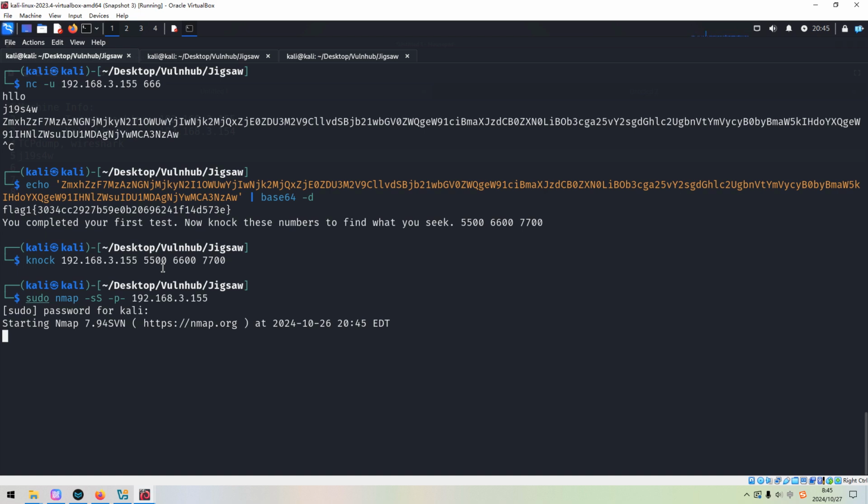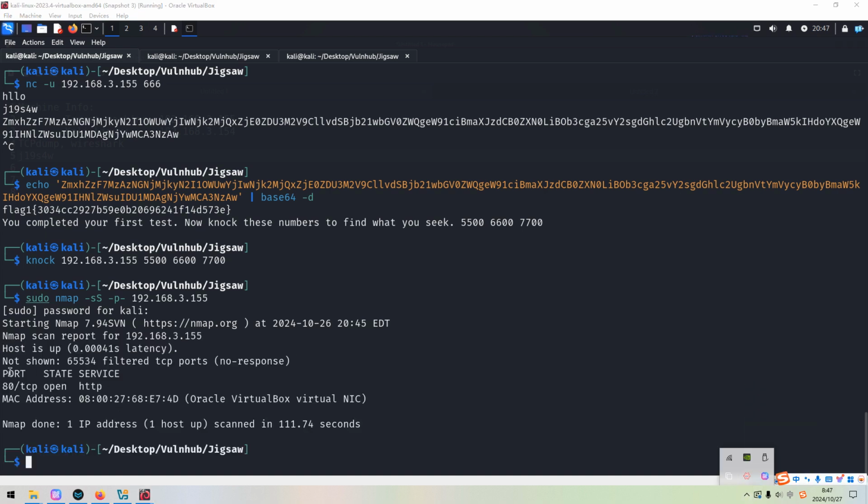We can give it a bit more time to finish, and then we can see whether we can get an open port number. All right, as you can see over here, this time we got an open port, which is 80.